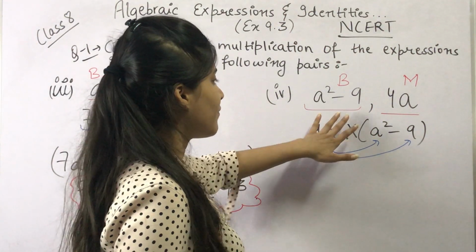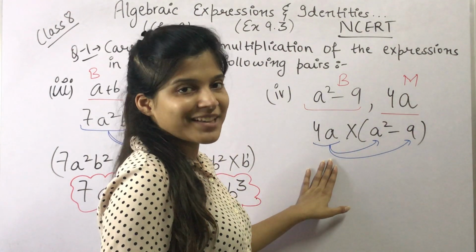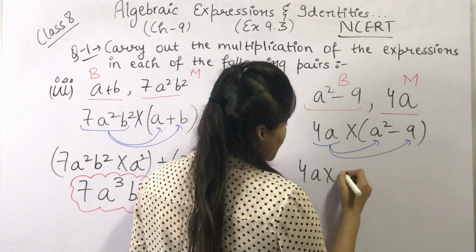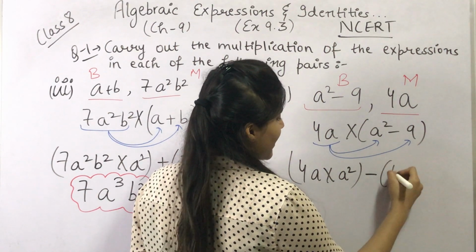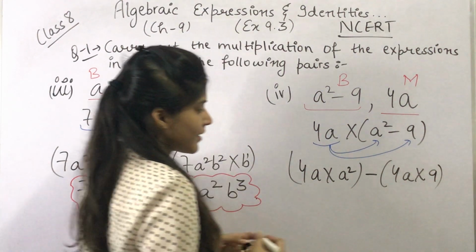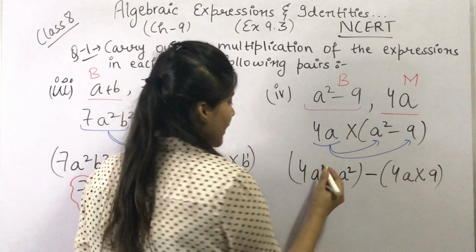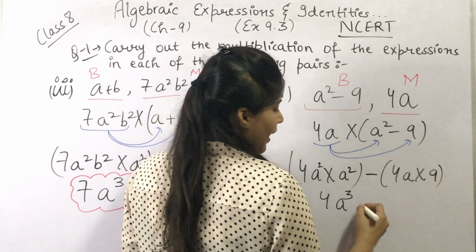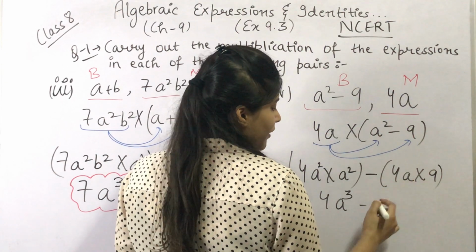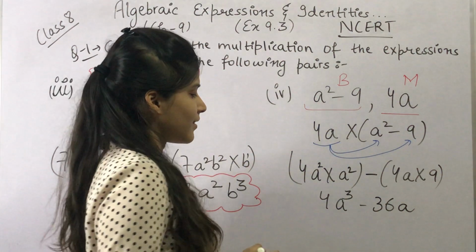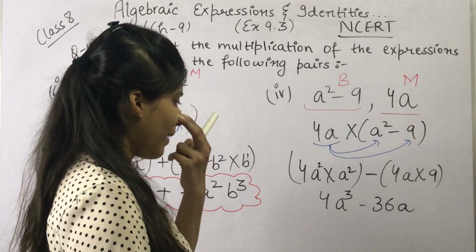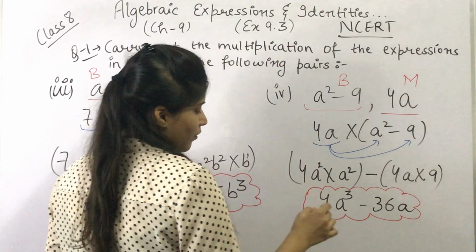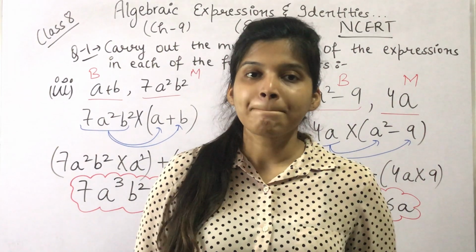Why? Because we have one binomial expression and one monomial expression, तो monomial को binomial के साथ ऐसे ही multiply करते हैं, it would be 4a into a², बीच में माइनस का साइन है, 4a into 9, ठीक है। So 4a into a², so a to the power 1 है and a to the power 2, so total हो जाएगा a to the power 3 and 4 as it is, minus and 9 4s are 36 and a as it is, so now we have 4a cube minus 36a, so this is the answer। 4a cube minus 36a is the answer।